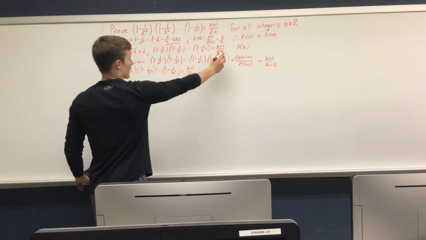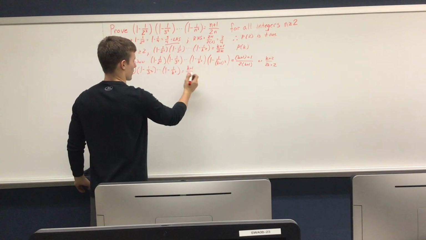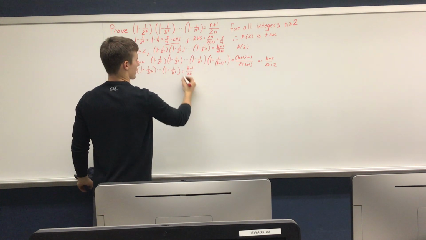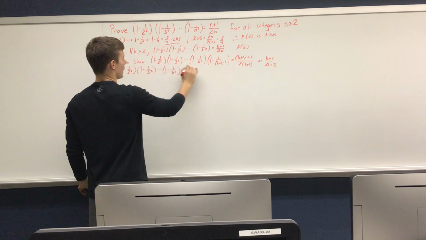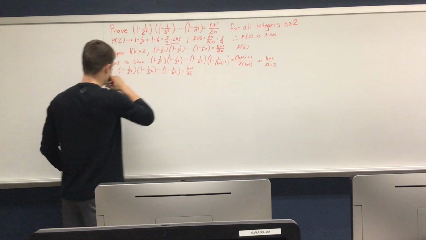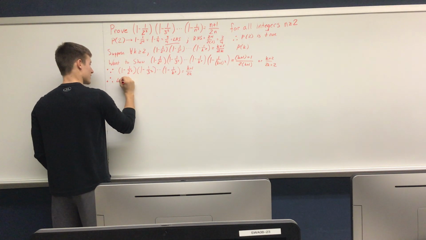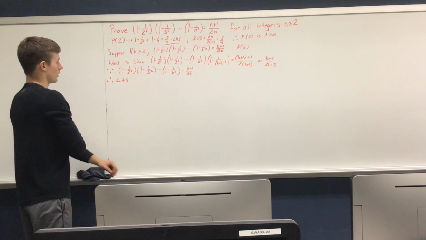Again, that's our P(k) right here, and you notice the similarities between this and this right here. So we can substitute this (k + 1)/(2k) in for P(k) in P(k + 1), into our sequence right here. So when solving for our left-hand side, we get